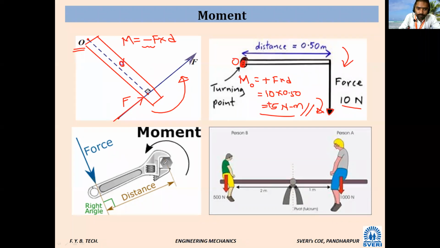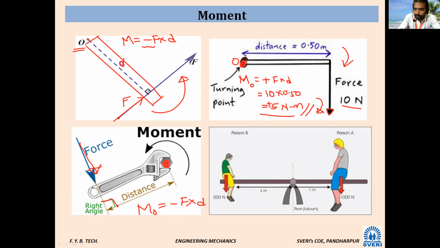Now there is a nut bolt being fixed with a screwdriver. This point is fixed, and the force is applied in this direction. About this point, this is the perpendicular distance. Again I want to find the moment about O. It is in the anti-clockwise direction, so it is minus. Minus F into D, where the force is F and the distance is D. Is it clear, everyone?